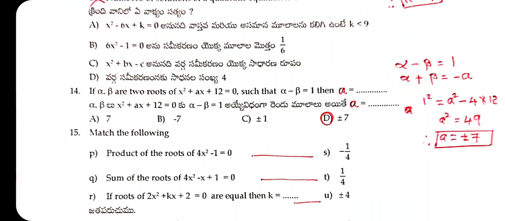If alpha, beta are the two roots of x squared plus ax plus 12 equals 0, such that alpha minus beta equals 1, then here a is what they have to give. See here,